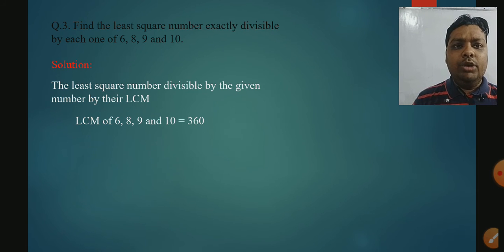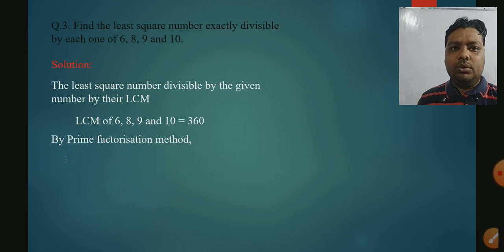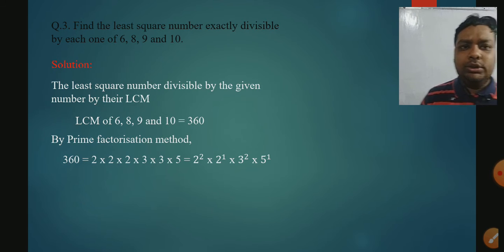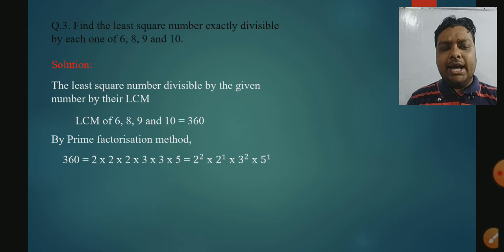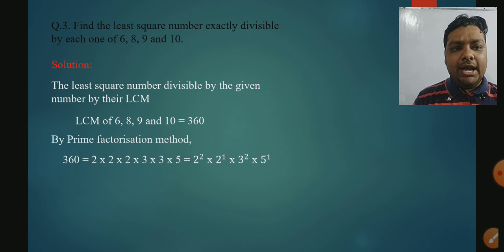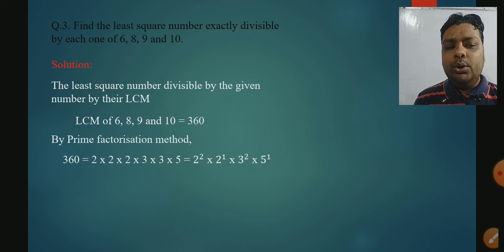And then we will find the prime factors of 360. Then what we will get? 2 three times, 3 two times, and 5 two times. So here you can see 2 has a pair. 2 is written 3 times, it means 2 to the power 2 and 2 to the power 1 only. Now 3 to the power 2, but 5 to the power 1 only. So here you can see which numbers have power 2, only 2 and 3. And which numbers have power 1, it means 2 and 5. So we can say that this 2 and this 5 have no pair.